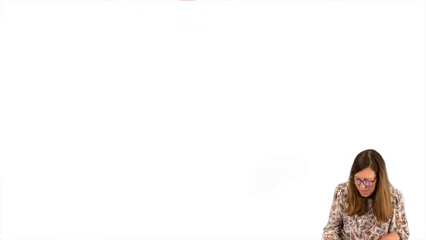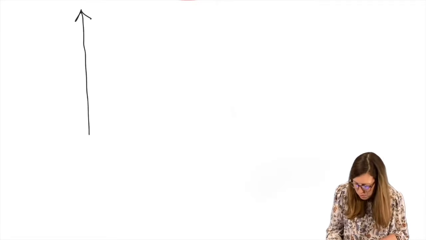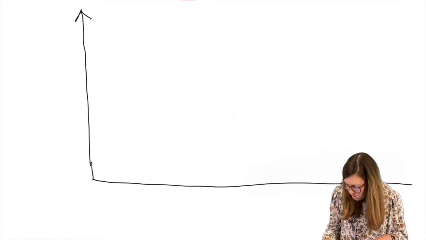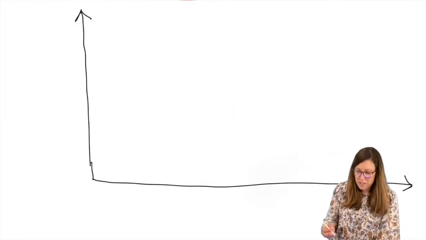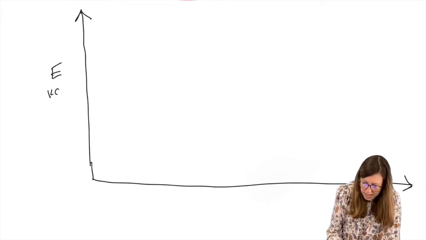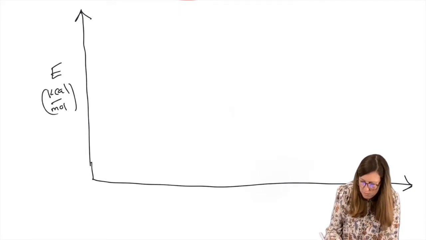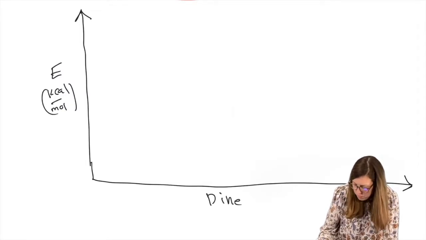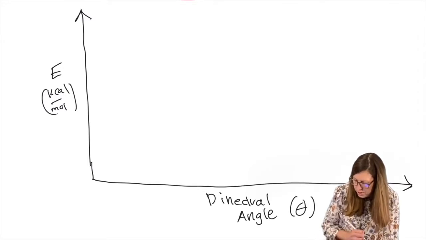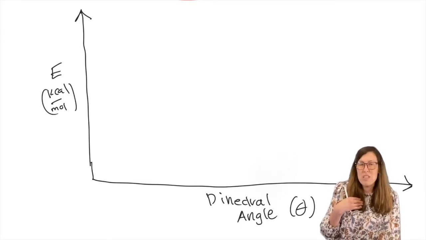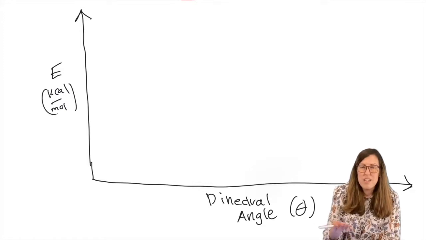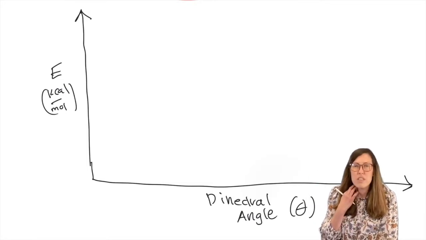All right, the instructions said we are going to plot, and this is the way it will be for your energy plots for dihedral angle. Energy on the y-axis in kcals per mole in this case. Dihedral angle on the x-axis, and that's also theta. I like to actually start at 0 degrees. That makes sense to me. Some start at 180. So when you look at a book, look at the x-axis and see where it's starting. But as long as you come full circle, you'll get the full picture.